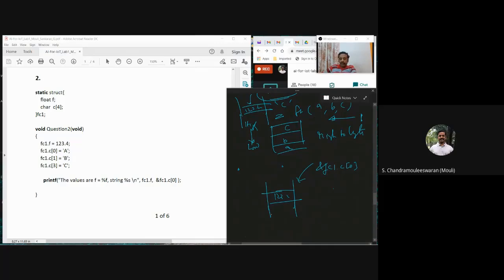Now printf, what is it doing? The address is here, some address. It doesn't know what is coming in, unless it sees the, what is this called? I forget the name of this, percentage f and percentage s. Okay, identifiers or something it is called.